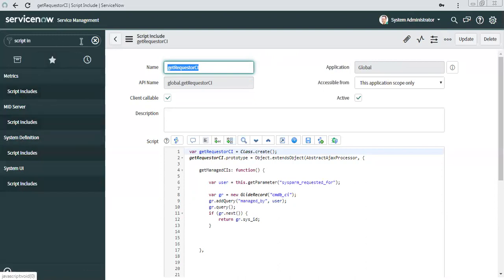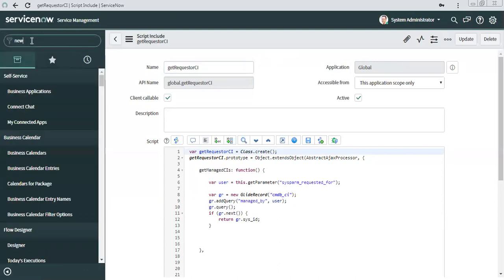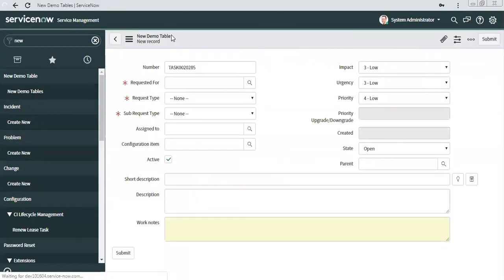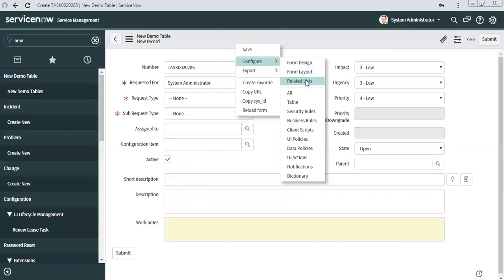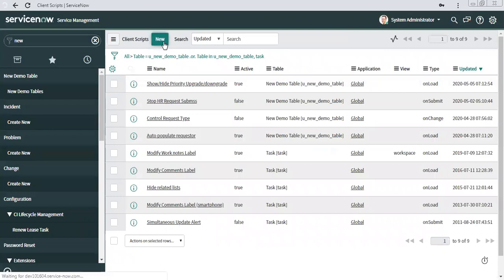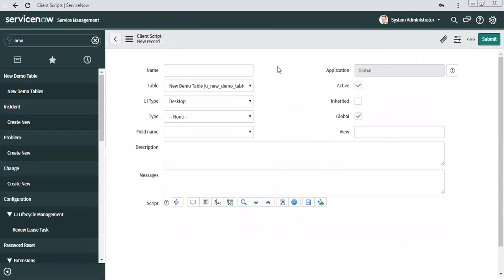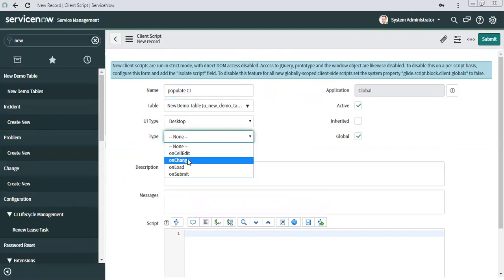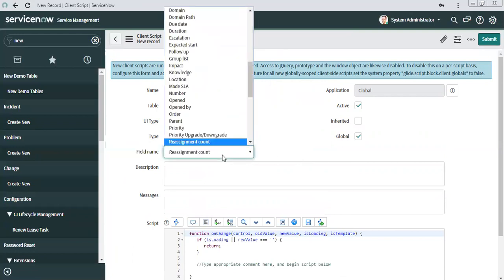Second part would be writing the client script. As this needs to be run on change, I will say update CI, and then onChange, as soon as I change the requested for, the CI should also change.